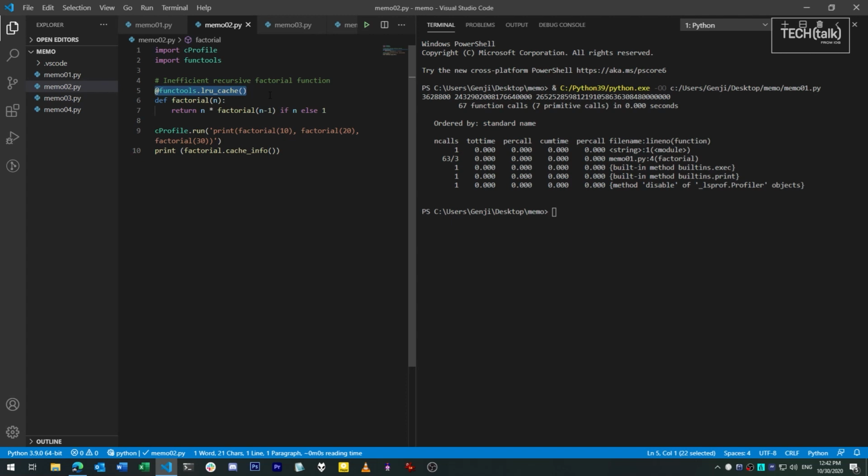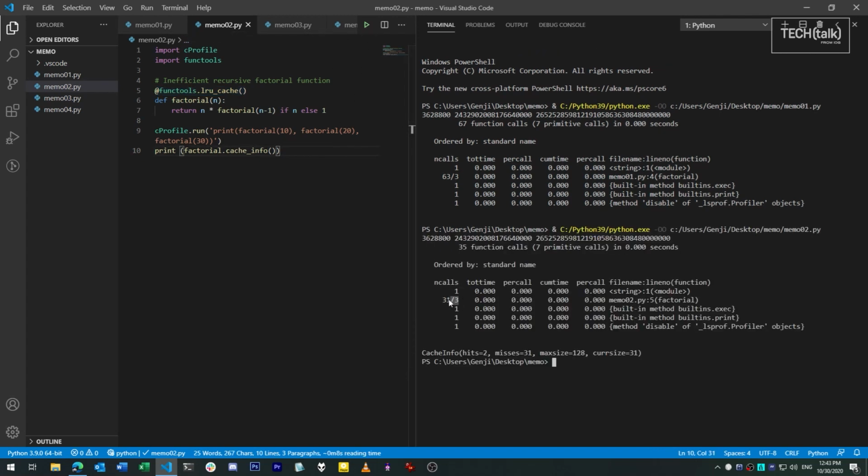Notice that when we run this, the number of calls to the function drops drastically. That's because lru_cache works with the Python interpreter to intercept calls and to return a value. So you're not creating all of the overhead of a function call whenever you call a cached function. So it's faster in many respects. It's not just because the values are cached, it's because the interpreter is doing that much less work too.